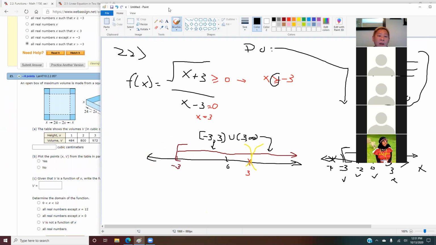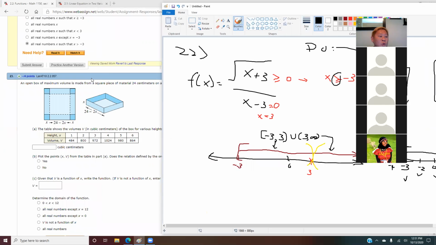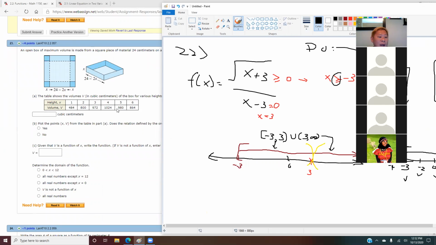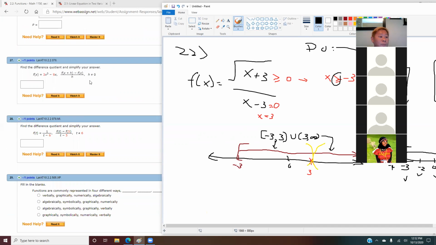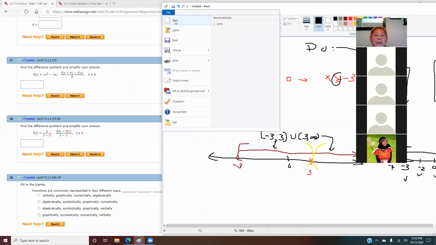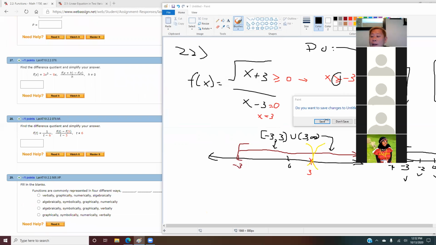Okay. Does anyone have any questions on 2.2? You guys okay with this 23? I got a question. On problem 27 and 28. The last 27, 28 on 2.2? Yes. Thank you for asking that. Again,